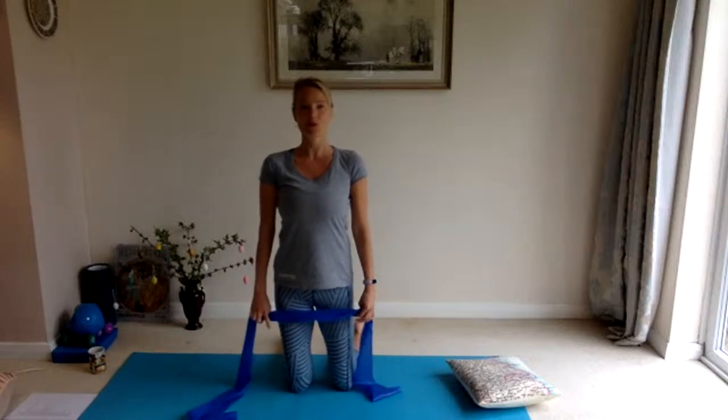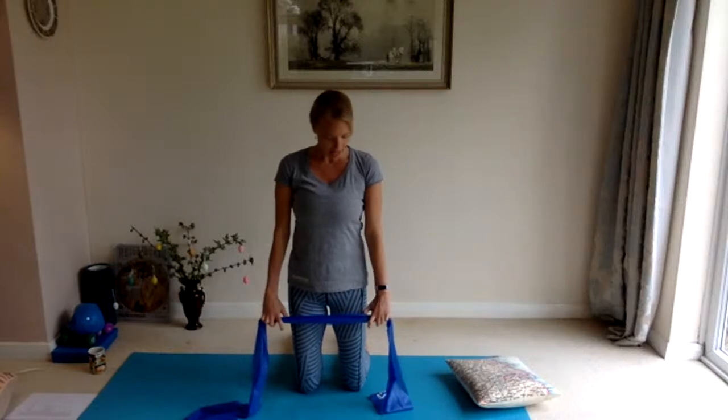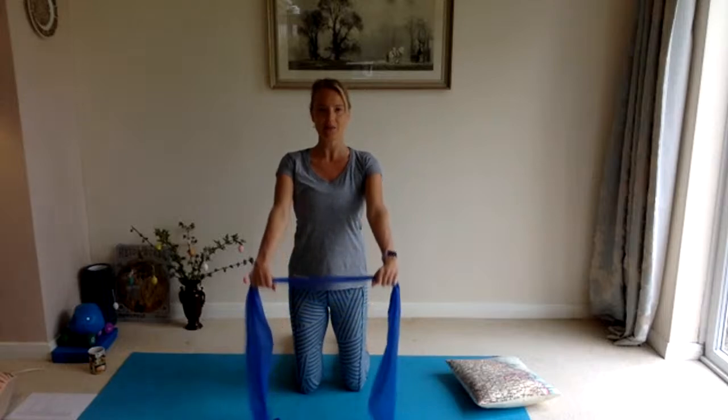Got quite a taut band. We're just going to do some arm lifts and lowers. So your hands should be shoulder width apart, with a little bit of tension between the band. As we breathe out, we're going to reach our arms up